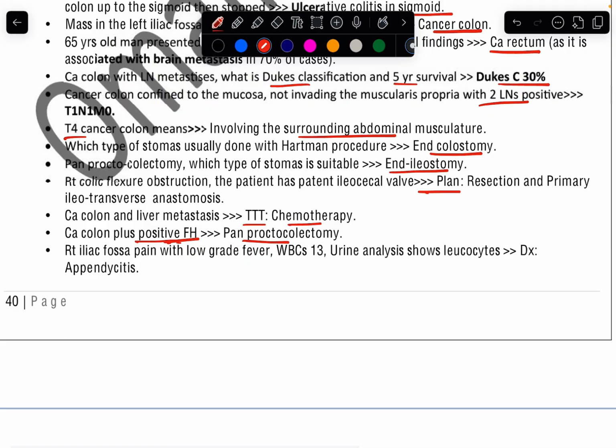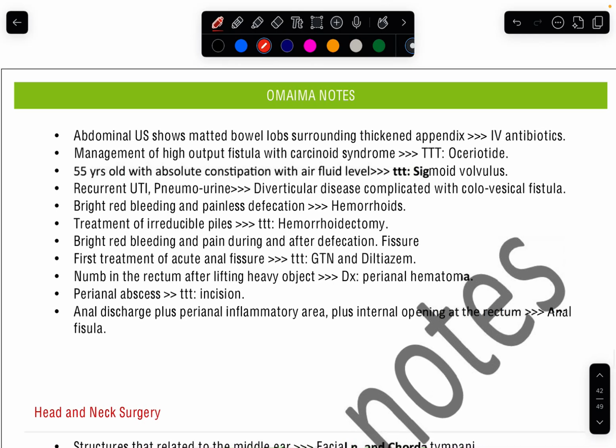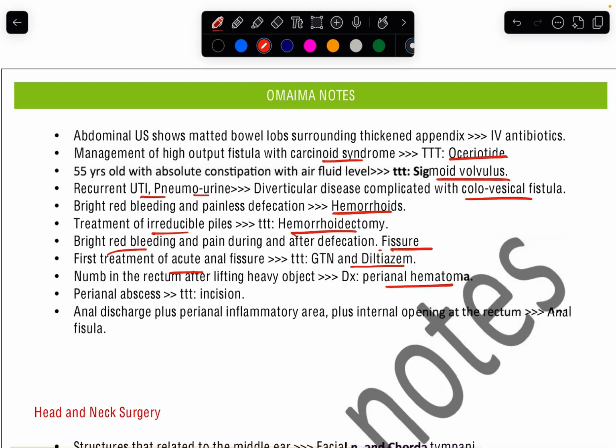Urine analysis shows leukocytes, diagnosis appendicitis. Abdomen USG shows thickened appendix, IV antibiotics. Management of the high output fistula in short bowel syndrome, octreotide. 55-year-old, absolute constipation is sigmoid volvulus. Recurrent UTI, pneumaturia is vesical fistula. Bright red bleeding, painless defecation, hemorrhoids. Painless is hemorrhoids, painful is fissure. Diltiazem is for the fissure, irreducible is hemorrhoidectomy. Numbness in the rectum after lifting, perianal hematoma, perianal